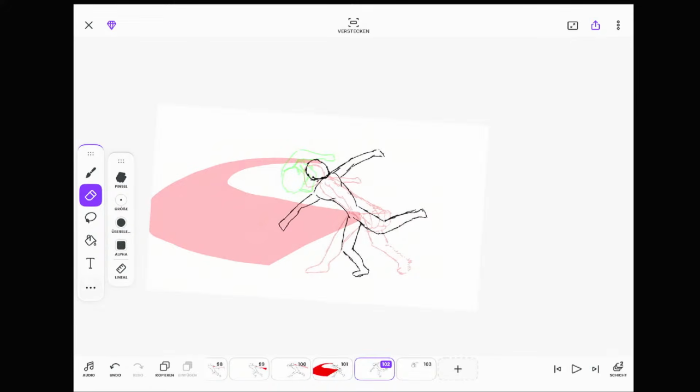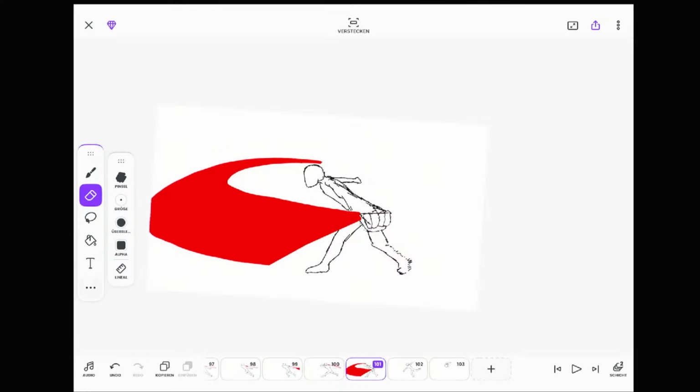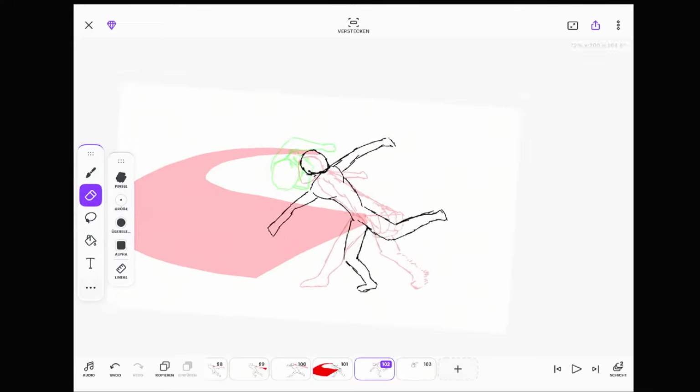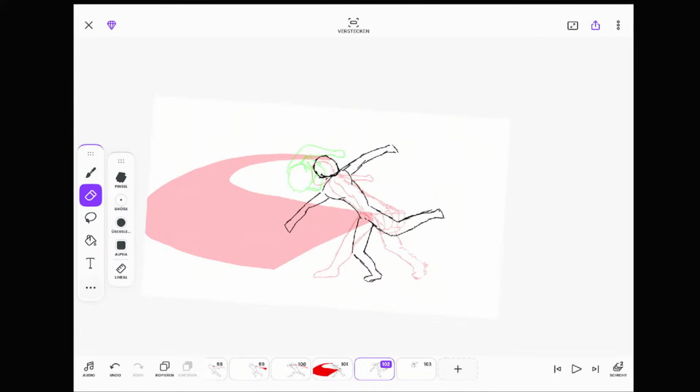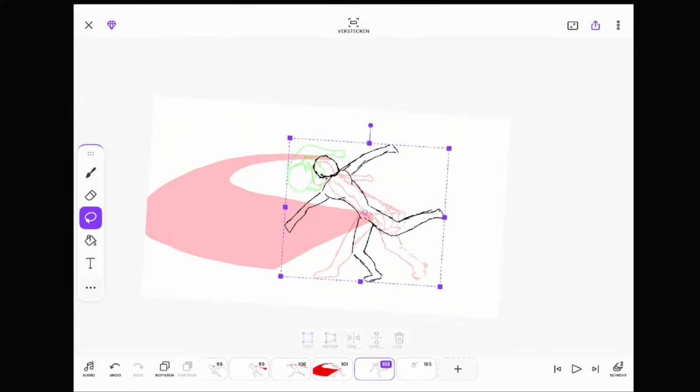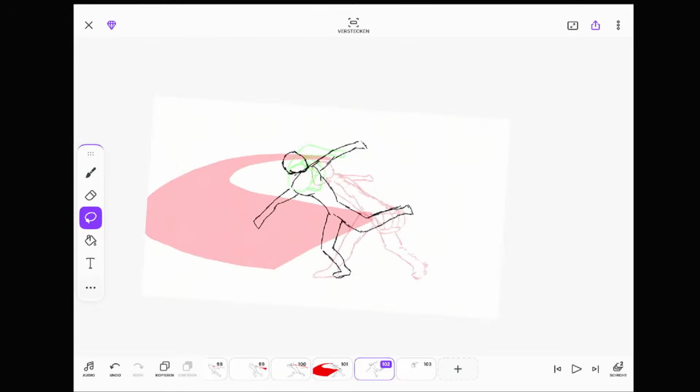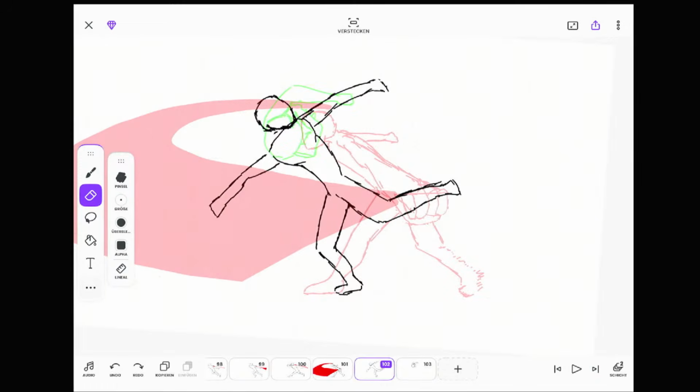Paste it again. And maybe I need to draw this back more stretched than the straight.